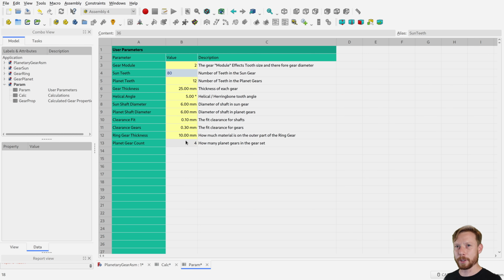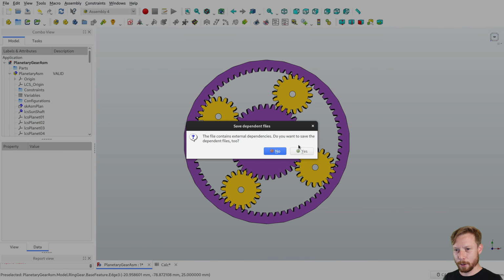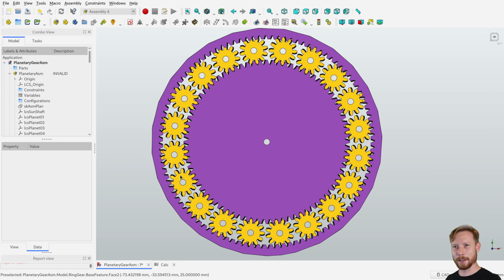So that's enough of all the boring spreadsheet stuff. Let's do something a little bit more interesting. Let's go and change up the number of gears in this assembly, and you'll notice that there's now 20 gears,